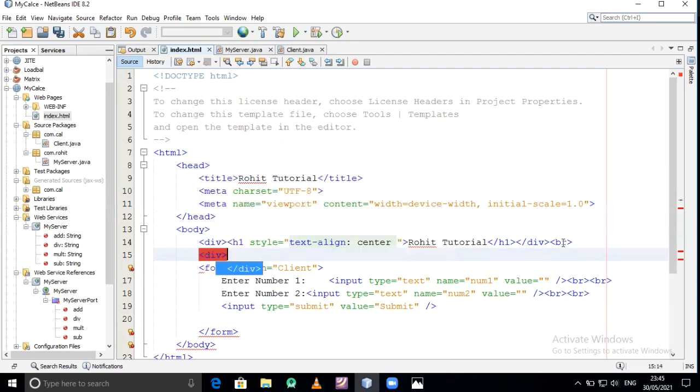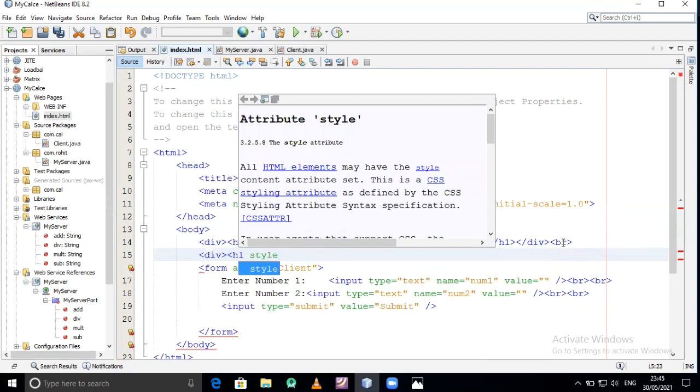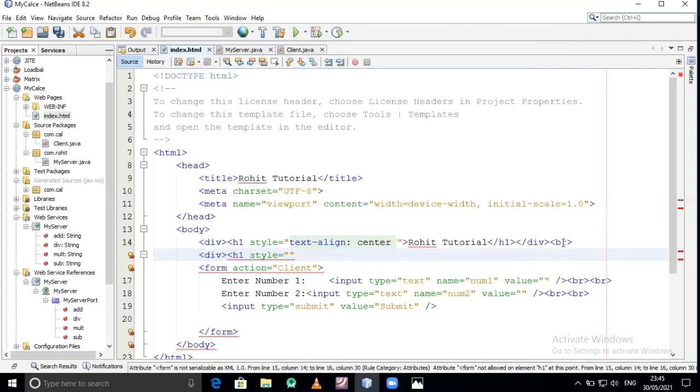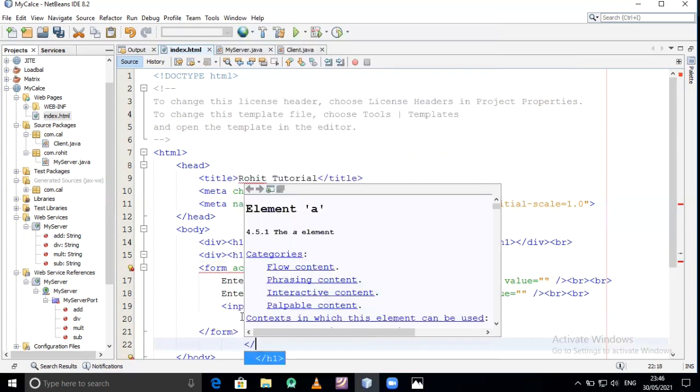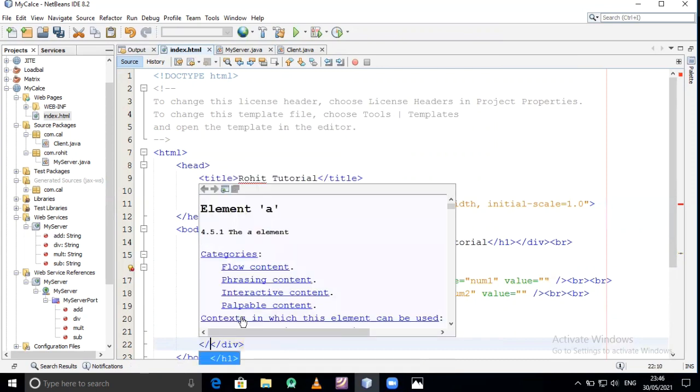Just formatting the front page. Suppose H1 style equal to text align, suppose center, center align, and before that complete the H1 header.